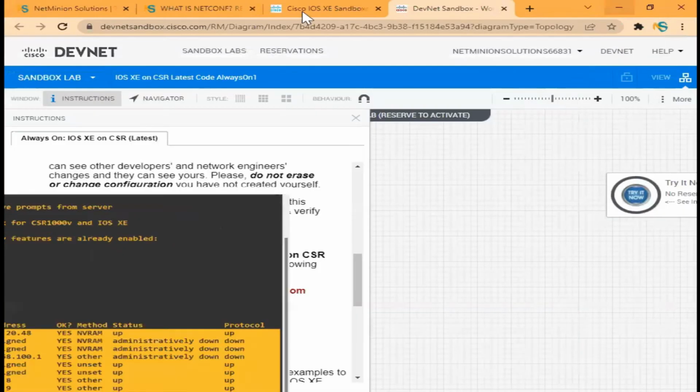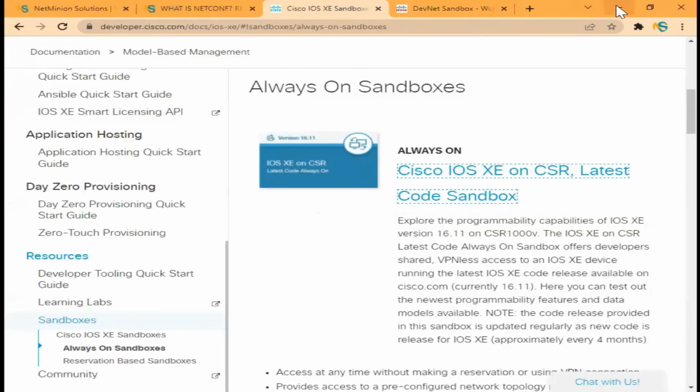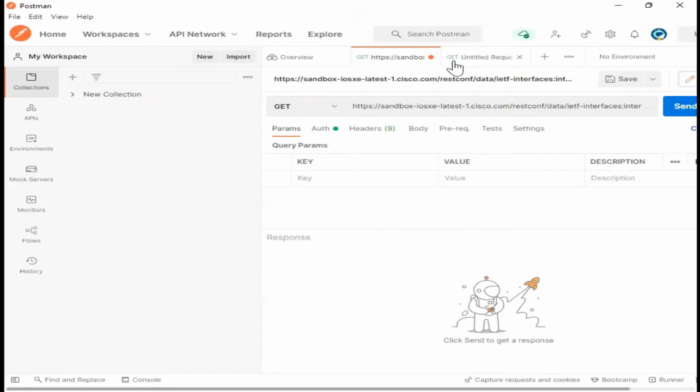Okay. If I need to check this same information from Postman, how can I check? I need to provide the same thing over there. If you just observe, this is the API call.